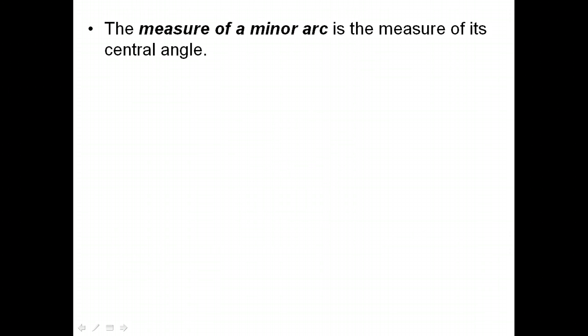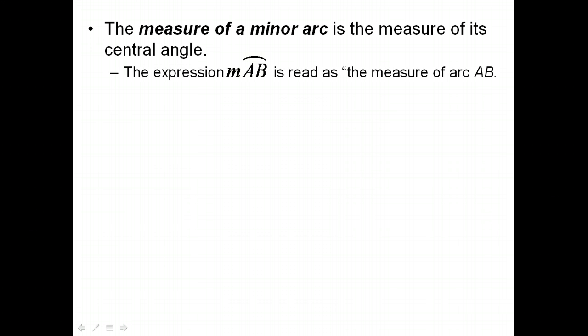The measure of a minor arc is the measurement of the central angle. So if a central angle has a measurement of 30 degrees, we say that the measurement of the minor arc is also 30 degrees. So the expression, the measure of arc AB, you can see